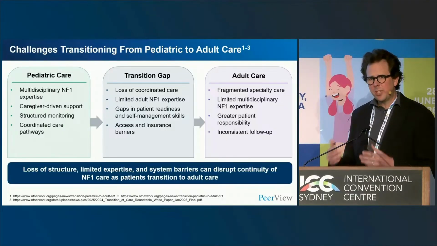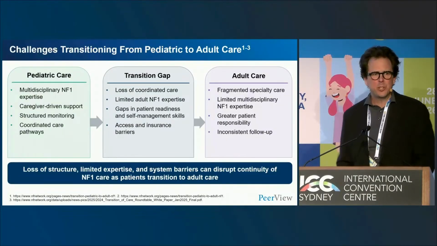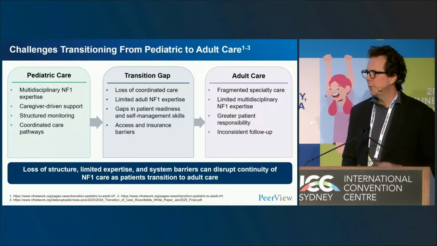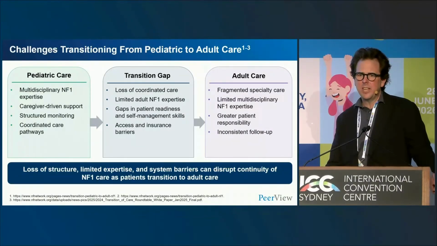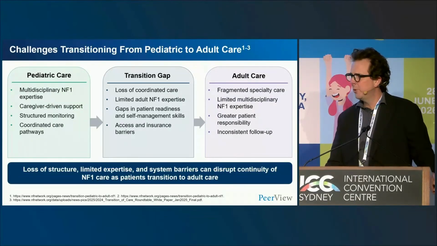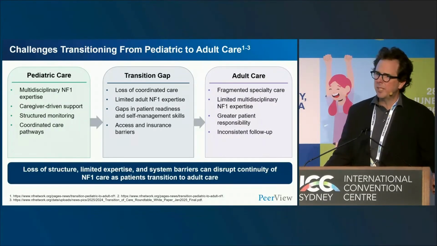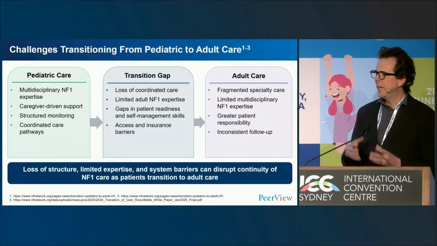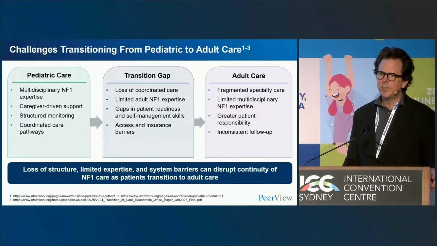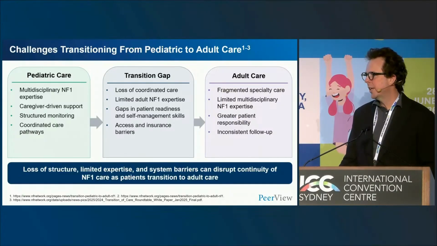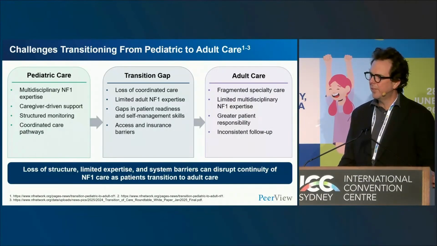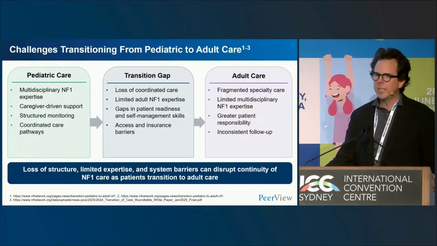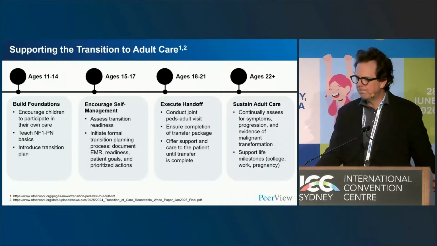And unfortunately, still in the adult setting, apart from some excellent specialised centres, we acknowledge that a lot of that care can be quite fragmented. I think patients highlight a lack of multidisciplinary care, and sometimes inconsistent follow-up. So that loss of structure and change in transition from paediatric to adult through that AYA period is a high area of risk when we can lose patients to follow-up, where we may not get excellent adherence to their treatment so they get the best care, and I think something that we need to take into account early as part of transition.